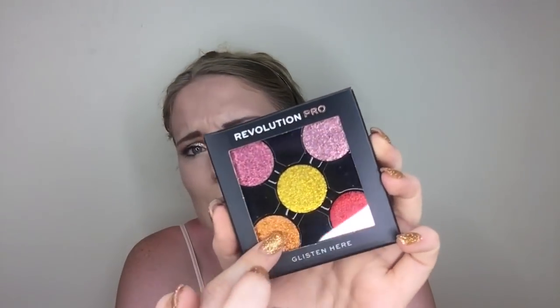And just look at the red. I've always wanted a red glitter, and the pinks and the gold, and I am in love. Thank you so much. I cannot even express to you how much I bloody love this. Flashing at me, so